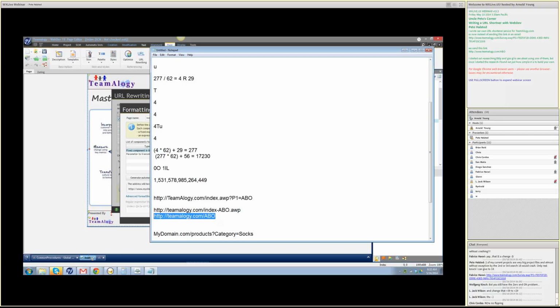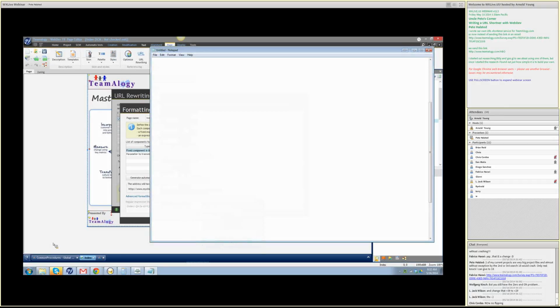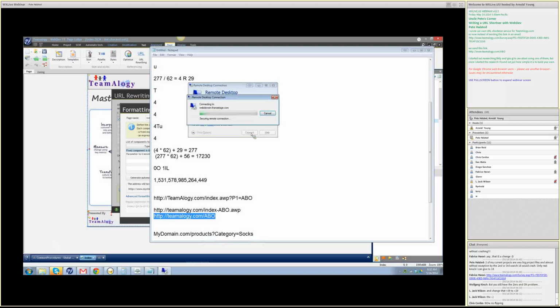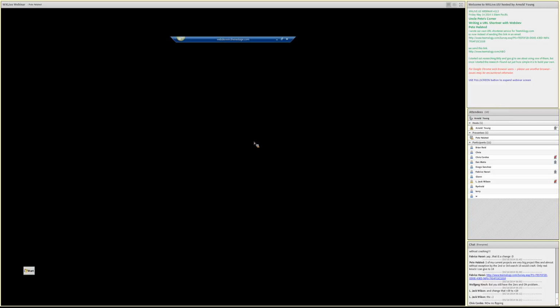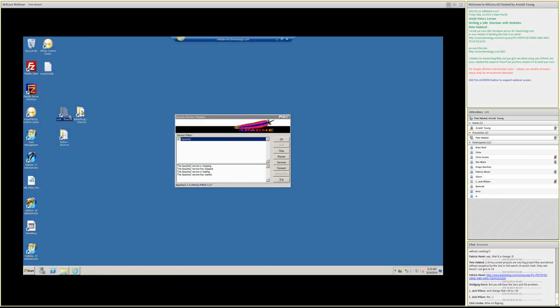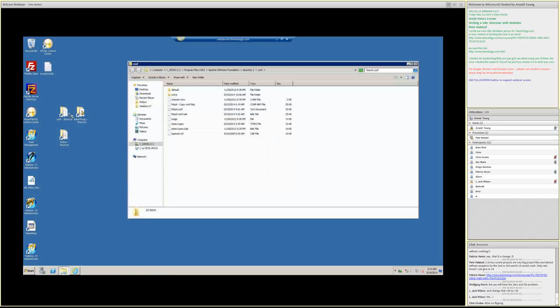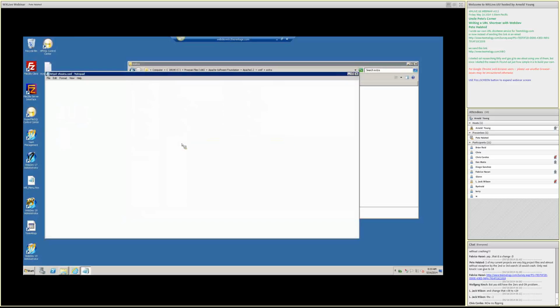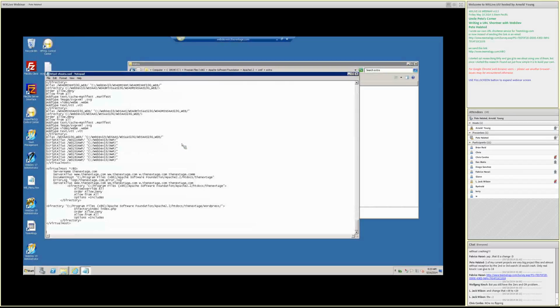Well, for me, I should have made this connection already. Sorry, guys. It's going to take just a second. I use Apache for all my web hosting. And with Apache, I can make the configuration files. So that's the world I live in and understand. So if we go over here to my vhost file for Apache,